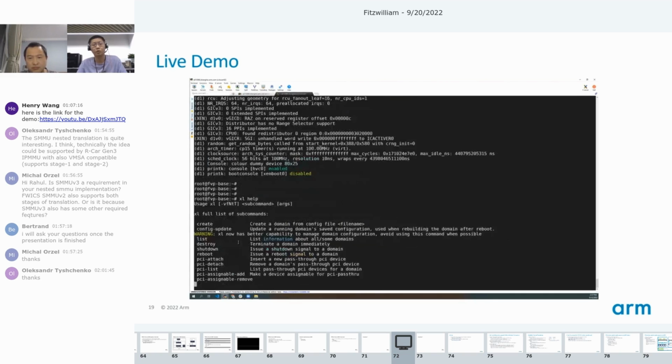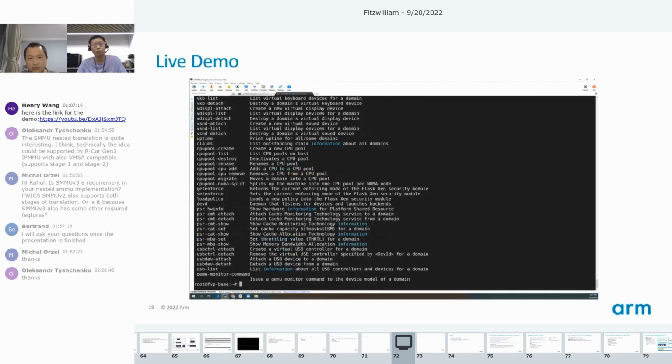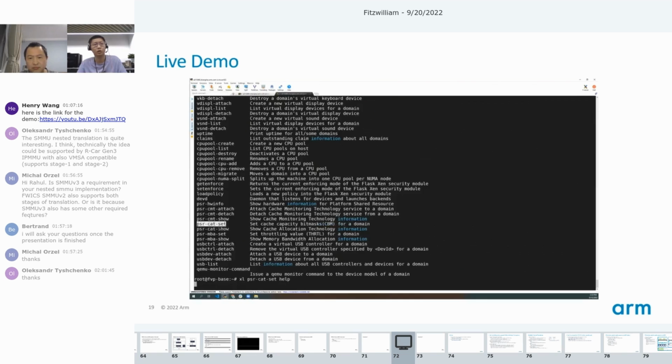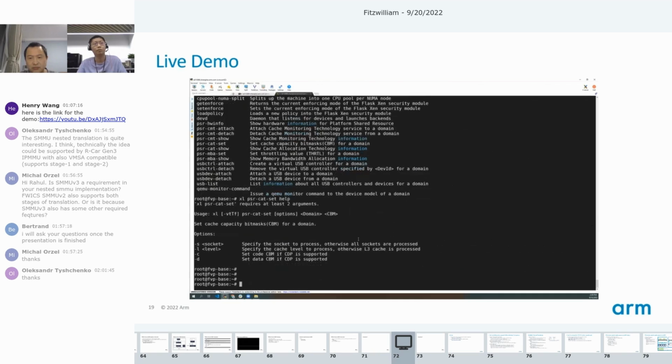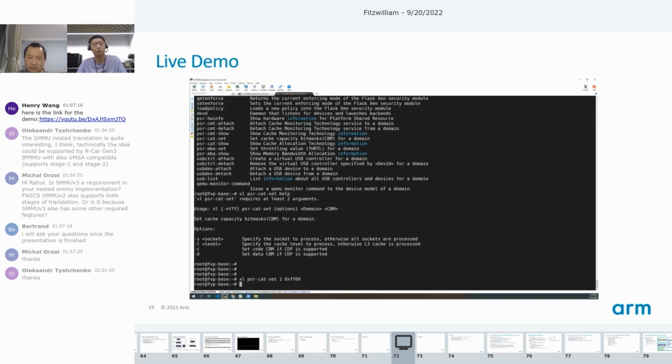After the guest is booted, we can use the xl psr-cat-set command to set a portion bit mask for the guest that we just started. So here I use the help to check the style of this command, and we use this command line to set a bit mask for the DOM U1 that we just created.